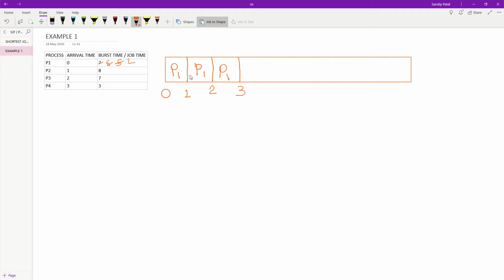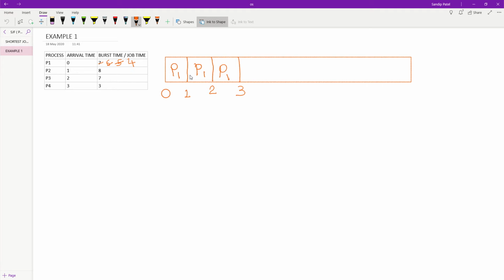So the remaining is 4. At 3 millisecond the CPU again comes and checks whether any process comes into the ready queue. At 3 millisecond P4 is there. The P4 burst time is 3, the other burst times are 7, 8, and the remaining burst time 4. So comparing these, the least one is 3 millisecond, which is of P4.